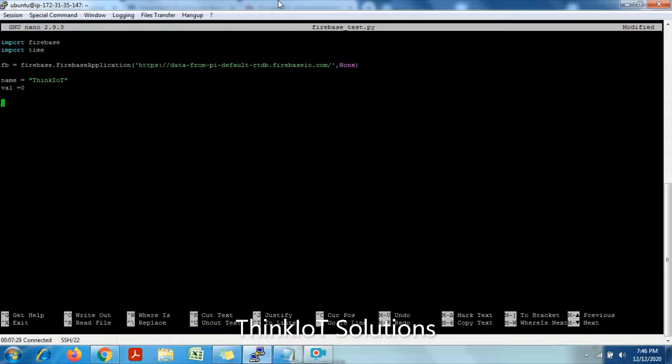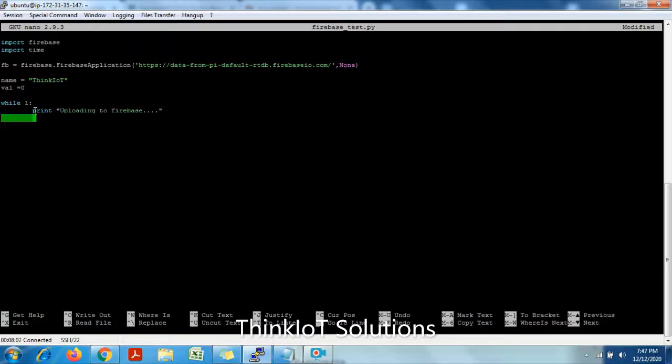Now, as this has to happen continuously, I need to write the next section of code in an infinite loop. So I am saying while 1, where 1 is always true, so it will stay in this loop, and I am giving a tab here. Why? Because we know that a tab indicates that whatever statements I write here belong to my while 1 statement. So first, I will say print, "uploading to Firebase". I just want to print this statement here.